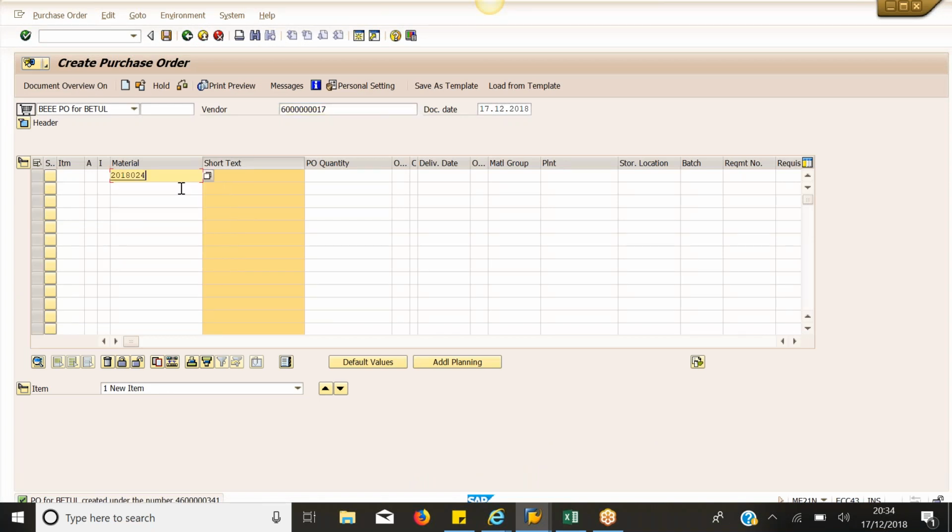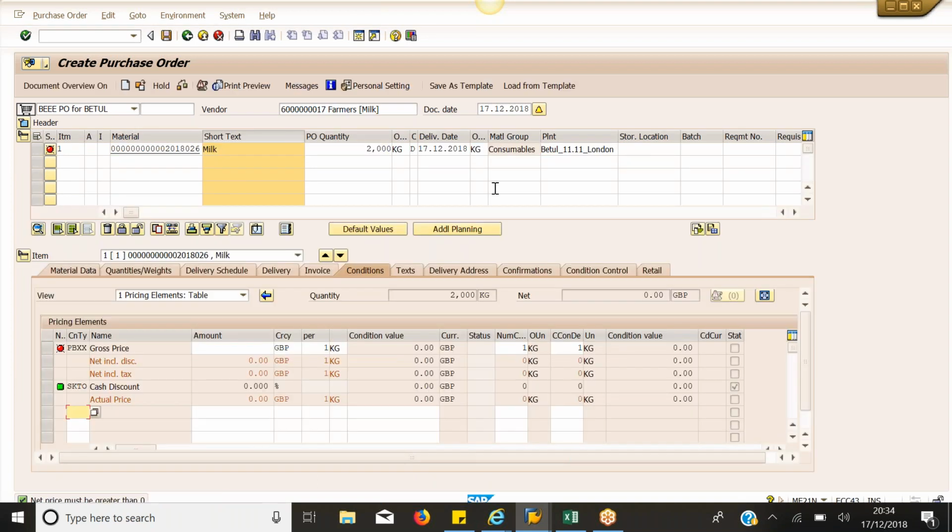The material number is 26, and this time I want 2,000 on this one, and can put in as check,